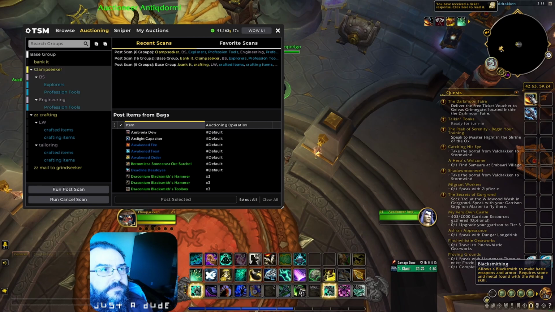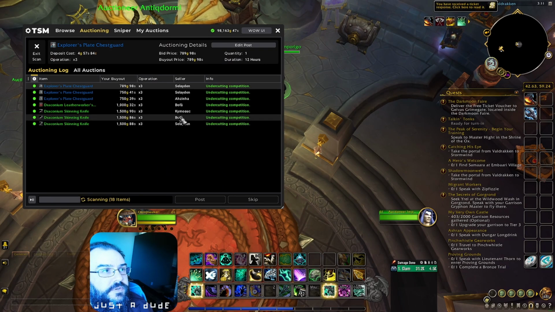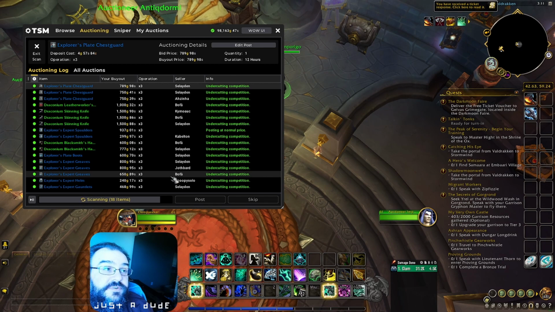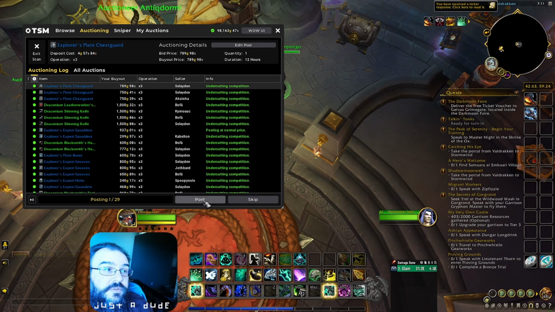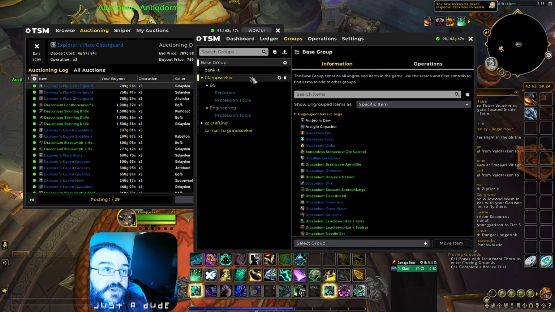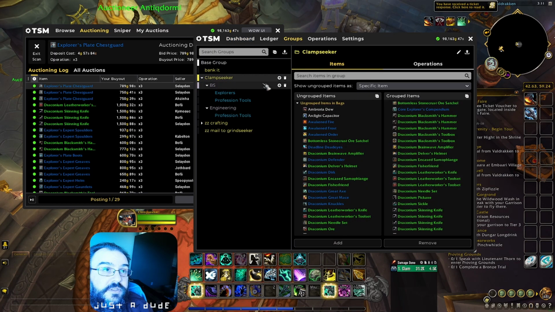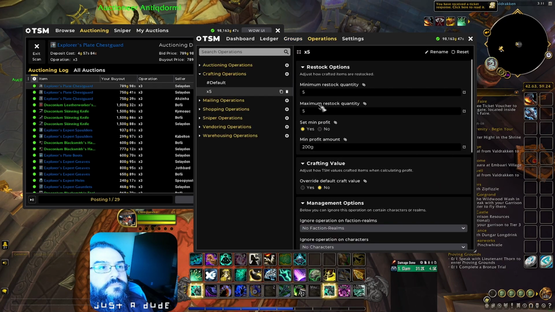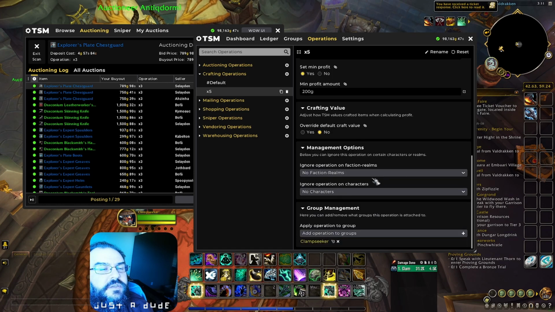All right. Repeat our history. Let's do a post scan on these. Post scans are working. Post scans are working just fine. So why is restocking not working correctly? Take a look at this. Yeah, it's taking...